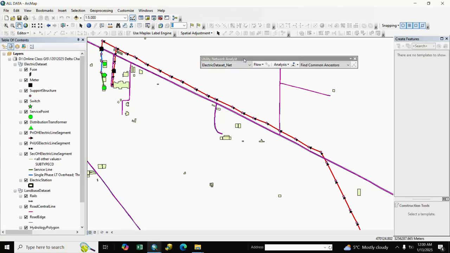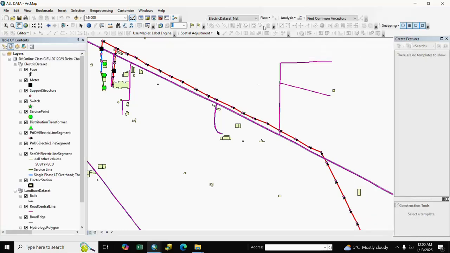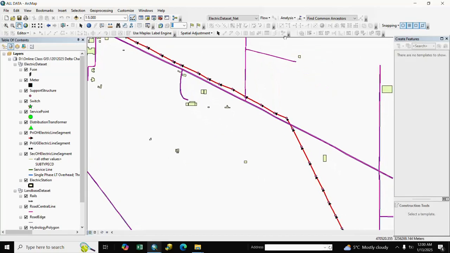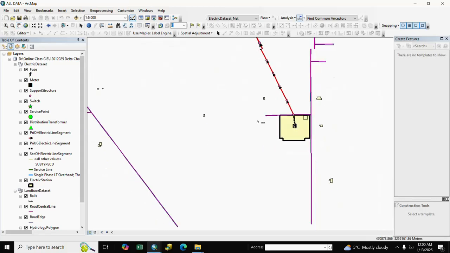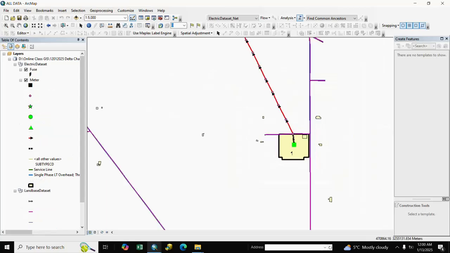If you have not, you right click and you go to downside and select here utility network, and we put here. After analysis, we go to flag, we select here flag tool, and we put here flag, and we trace it.